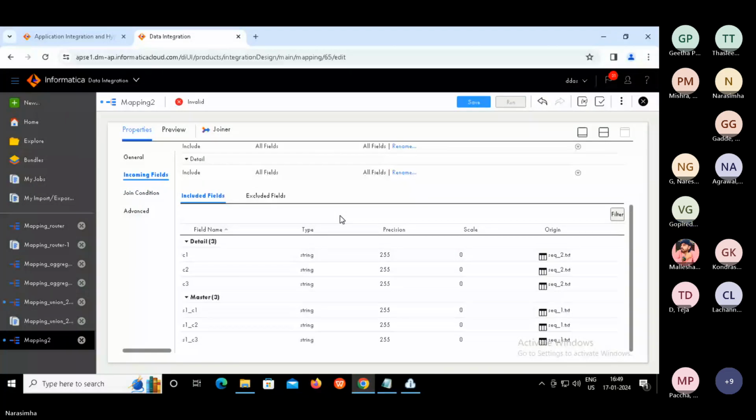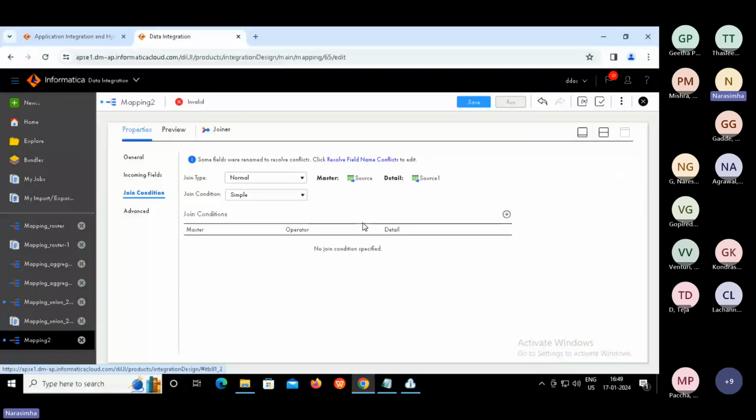Click on join condition. See, there are different join types, right? Four, which we discussed. So the first one is what? Normal join, which is equal to inner join. Simple or parameterized. Let's say we are going with the simple option.